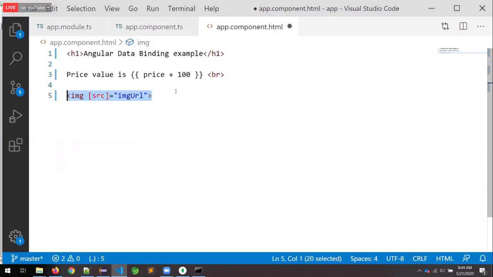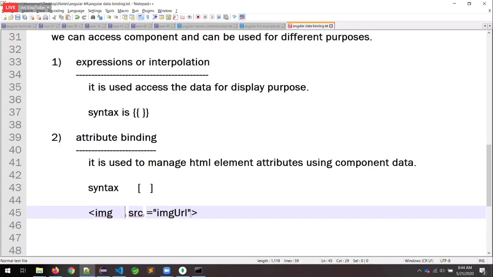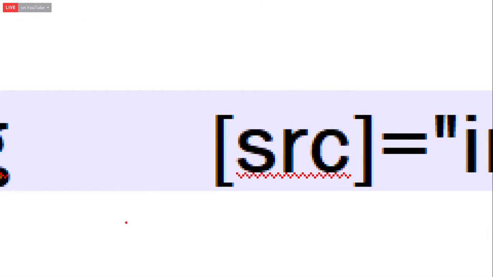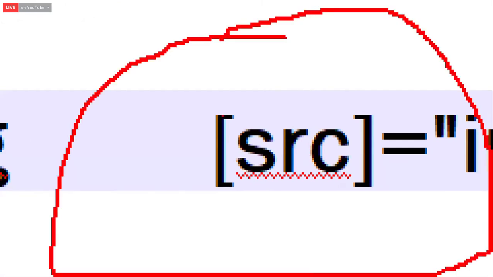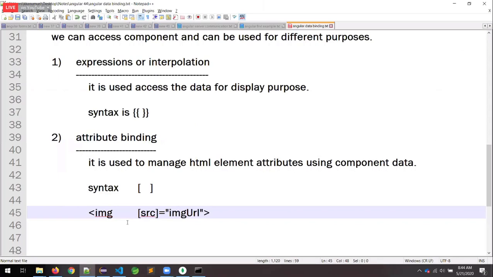So observe, this is the syntax. Now you can see, wherever you see double curly braces in your project code, it is managed by Angular.